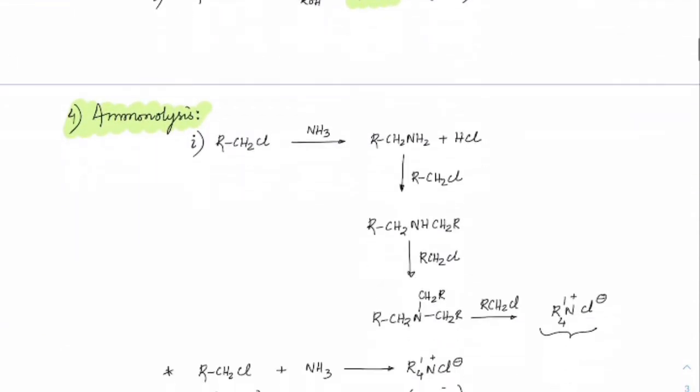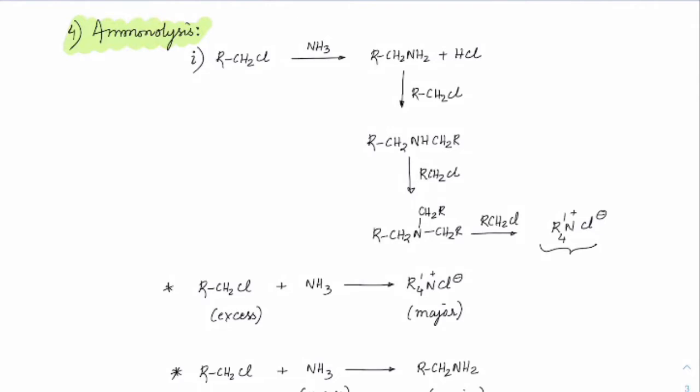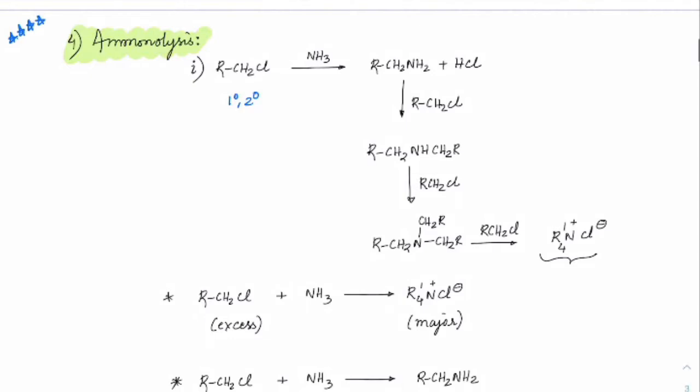Now the next set of reactions is ammonolysis. This is very important. You have come across this in alkyl halides, so try to revise this once again here. See, if you treat any alkyl halide with NH3, here we usually take either 1 degree or methyl, write it as CH3 also, because it is an SN2 type of reaction, SN2 mechanism. So the nitrogen nucleophile will attack, Cl minus will leave. So first we have R CH2 NH2, and this H plus and Cl minus will come out as HCl.